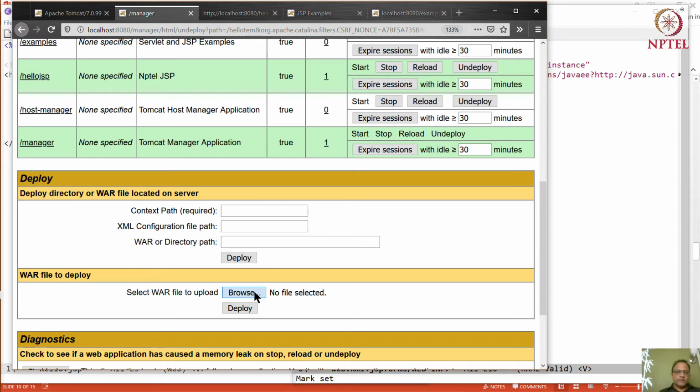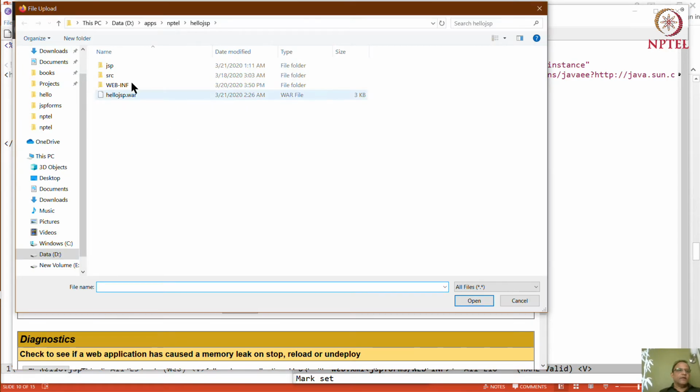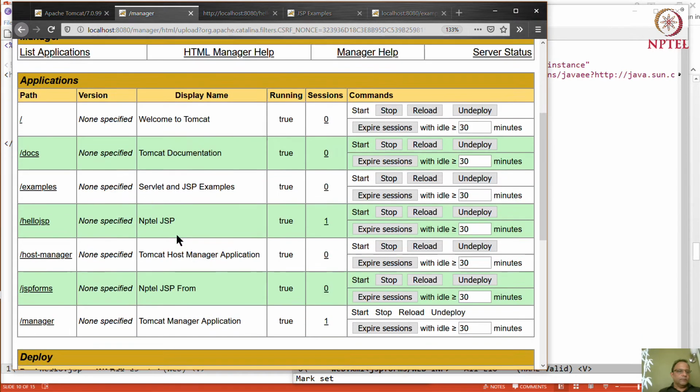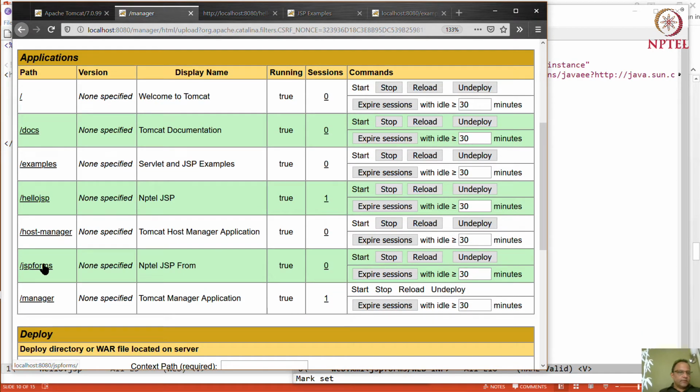So let's just see what I'm saying here. We go there, we see JSP forms, and if we load jspforms.var, the context, the base, is JSP forms itself. So what should happen when we click on JSP forms?